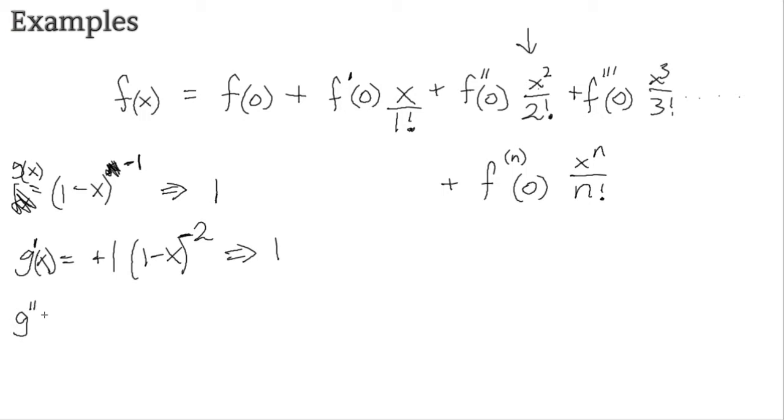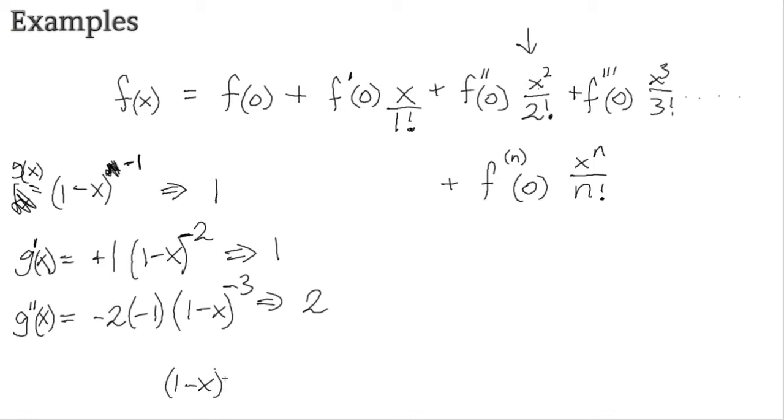Then we have g double dash. Differentiate this expression, we have -2 times -1 times 1 take x to the power -3, which gives me 2 for x is 0. Let's see, we have 0, 1, 2, all the 3 terms necessary. So now just express, 1 take x to the power -1 is roughly equal to